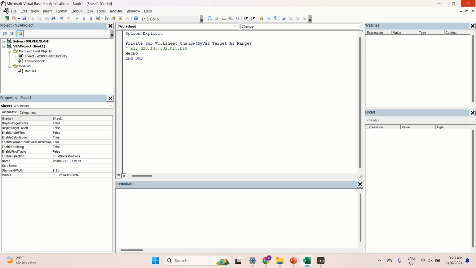So method one: we are going to use the target.address method. I'm just going to say target.address with 0, 0, because I don't want to have the dollar sign in an already long code. So target.address(0,0) equals A19,